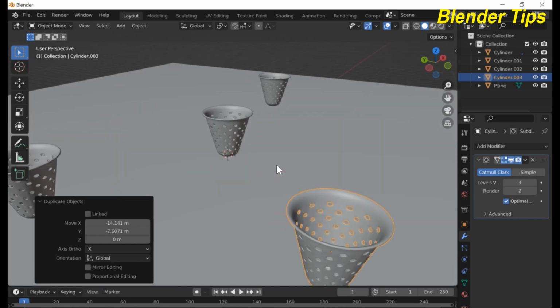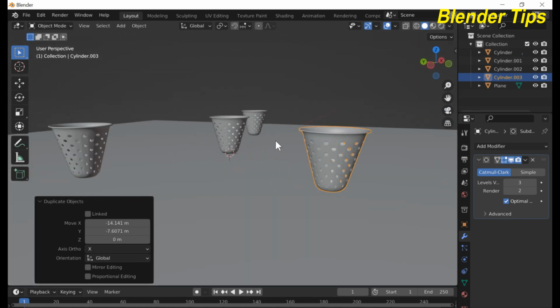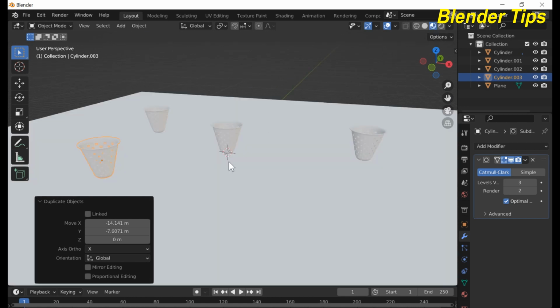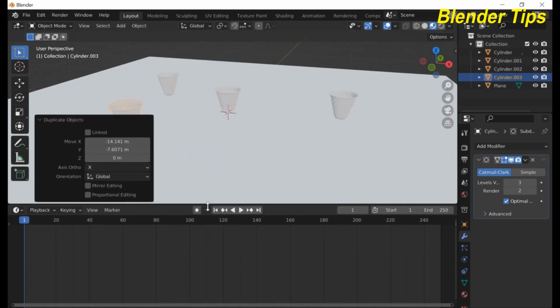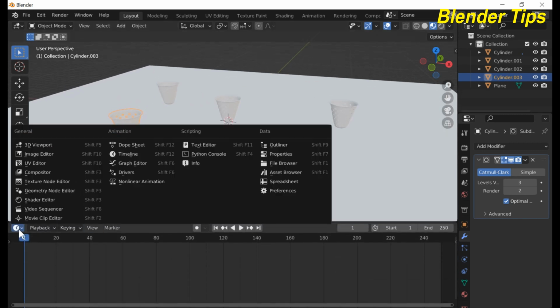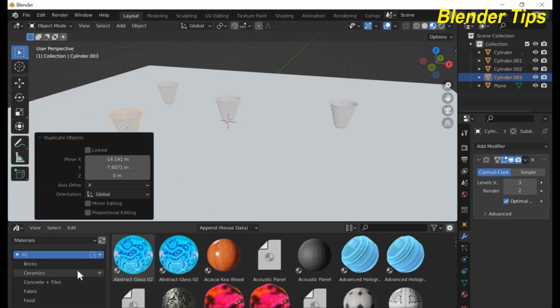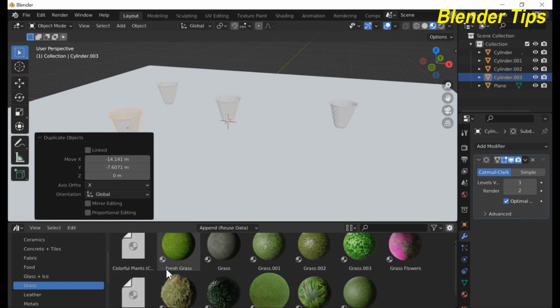Nice. Now I apply material to these baskets and this plane. Enter into the material viewport and I have an asset browser. From here I assign some material to these dustbins and ground. Here I select some material,